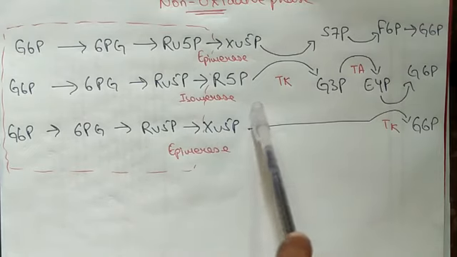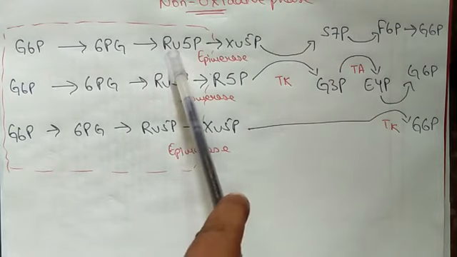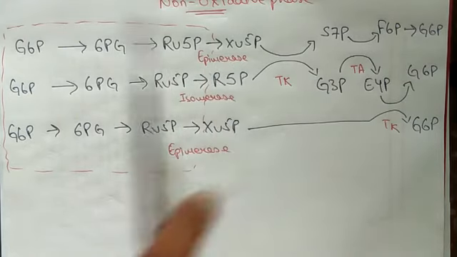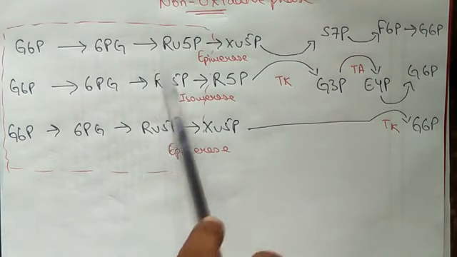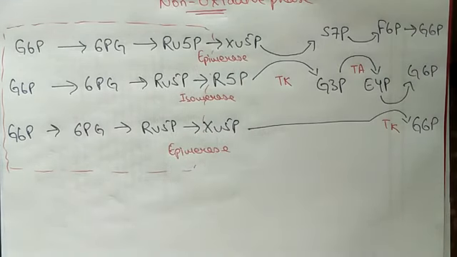Here you can see the ribulose 5-phosphate gets converted into xylulose 5-phosphate in the presence of epimerase. Now epimerase changes the configuration, that is D to L form. The formula remains the same. Example, glucose to galactose. So here ribulose 5-phosphate gets converted into xylulose 5-phosphate in the presence of epimerase,